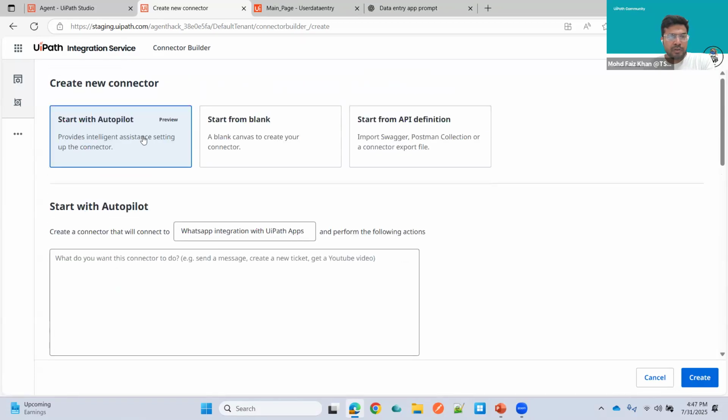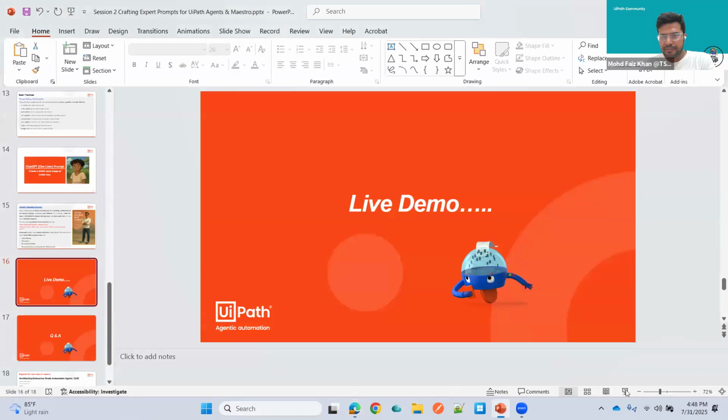So you can see the power of this Autopilot and the power of prompting, right? You can leverage Autopilot everywhere in the UiPath ecosystem with the help of prompts, and you don't need to be a master of prompts, just leverage any of the ChatGPT models or UiPath Autopilot to generate your prompts. So yeah, I hope you have enjoyed the session, and now it's time for any questions.